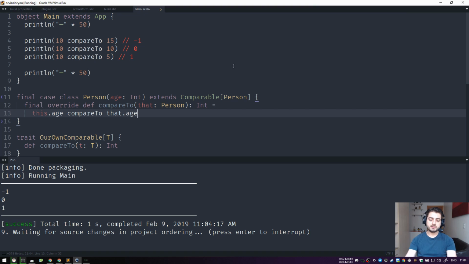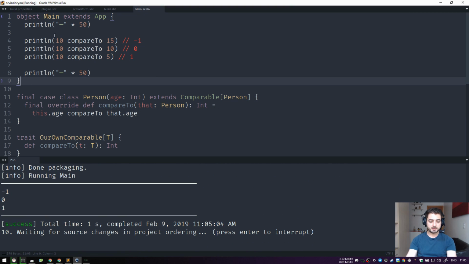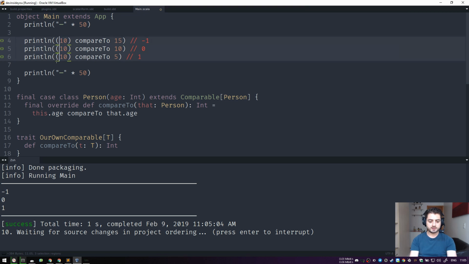And by the way, notice that today I'm going to use a bit more of the infix notation. Usually I prefer the method call notation, I guess. So instead of writing this with the parentheses around that, today I'm going to use the infix notation, like this. So this means that if I position my cursor over here, surround this with parentheses, write person over here, go over here, surround this with parentheses, do person over here,